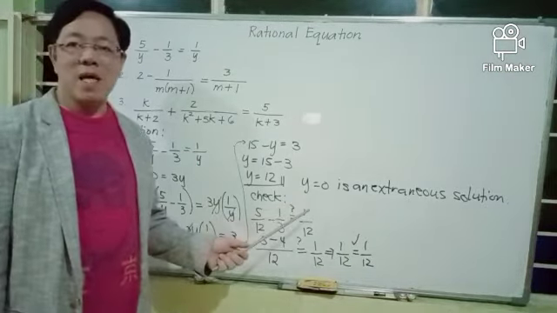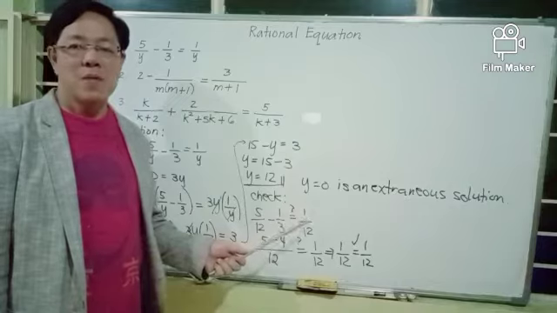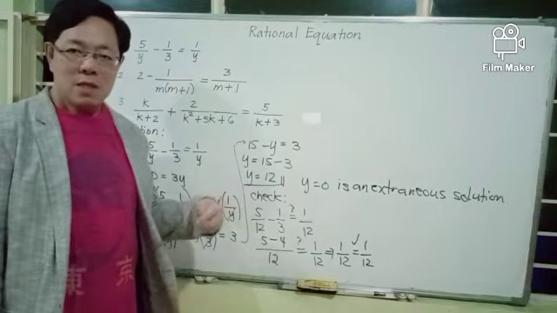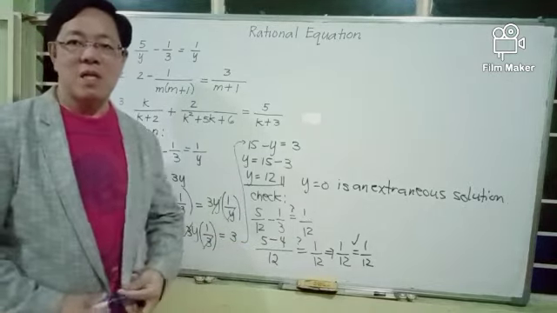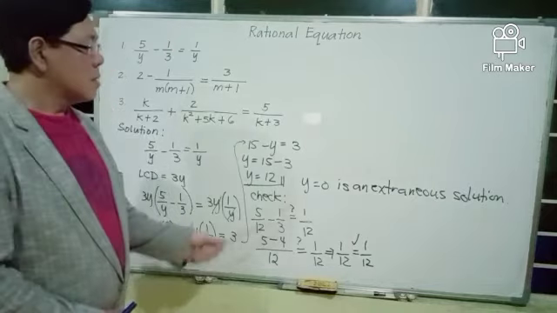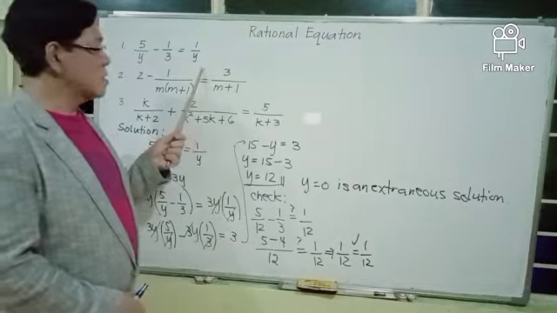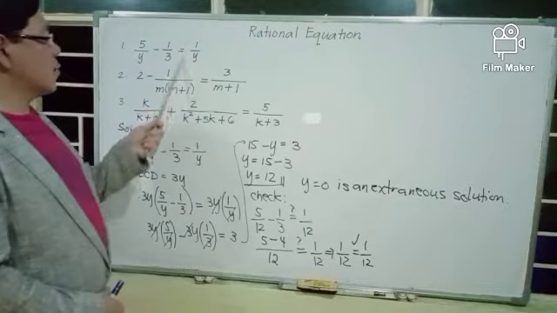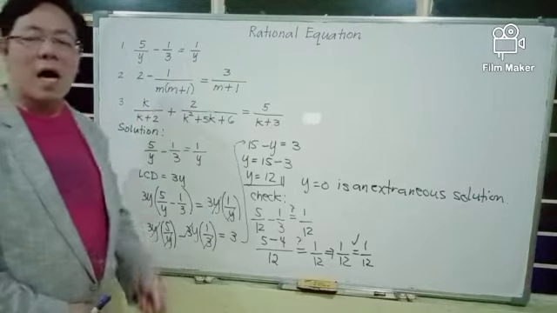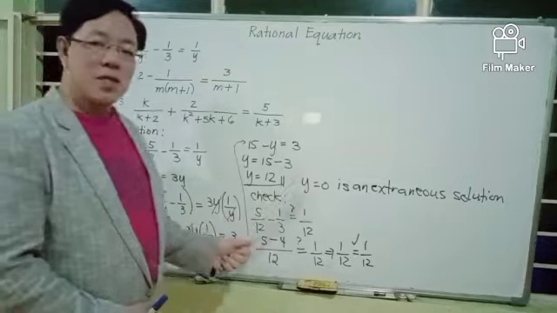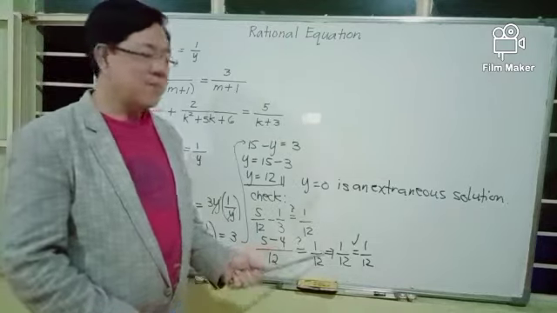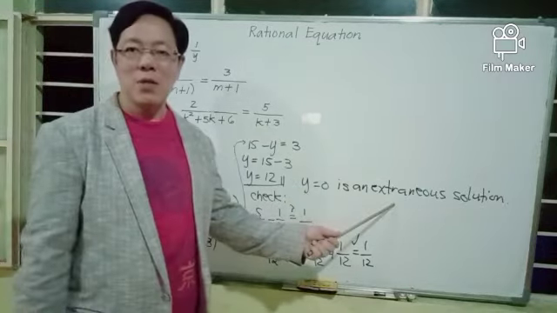Hence, if you get a value of the variable in the process of solving the rational equation that will make the denominator 0